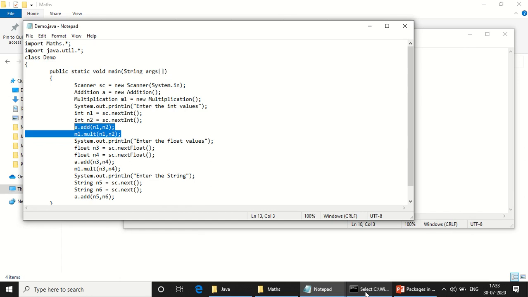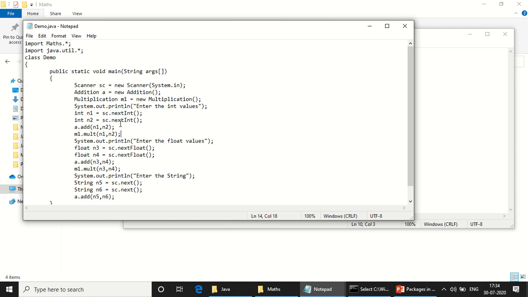Now this addition class has the methods for adding two integers, two floats and two strings. If we want to add doubles, we can directly copy-paste the code and give the data type as double. Similarly, if I want to add three integers, the same code can be used and instead of 2, I can give 3 integers.